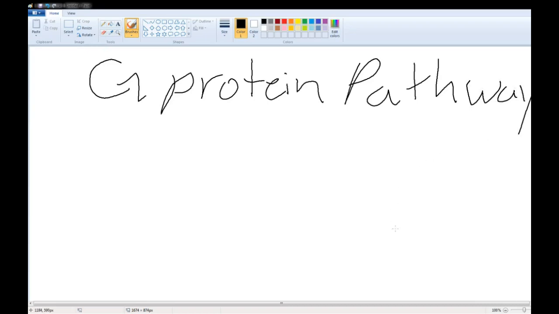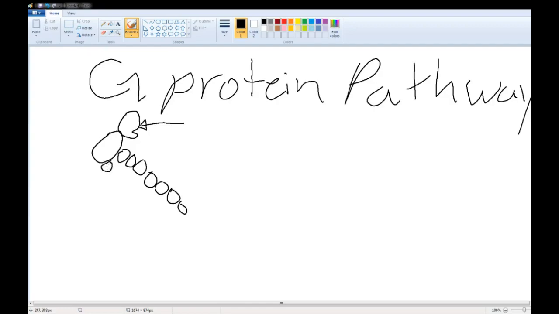So, what the G protein pathway is, it's the most common pathway used in cells. It's going to start out with a G protein linked receptor, which I'm going to draw right here. That's going to be attached into the cell membrane. I'm just going to roughly draw this with circles. But people say this works like a hand. I prefer to refer to it kind of as like a baseball glove, which looks awful, but picture that as a baseball glove. So that's going to catch information from the outside and transmit it into what we call